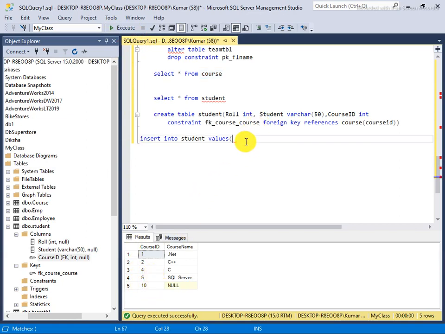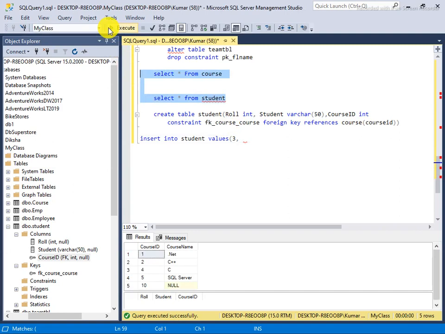Now I try course ID, which is 3. In this way I have to insert the value in the student table. Roll number is 11, name of student is Tom, and course ID, I can see the course ID 3.